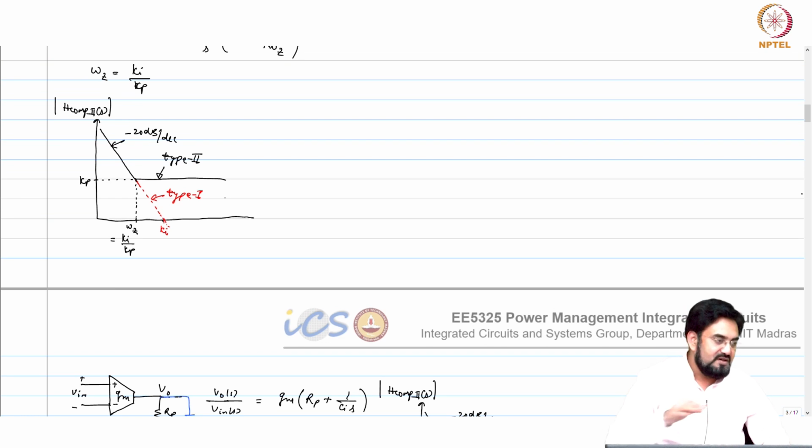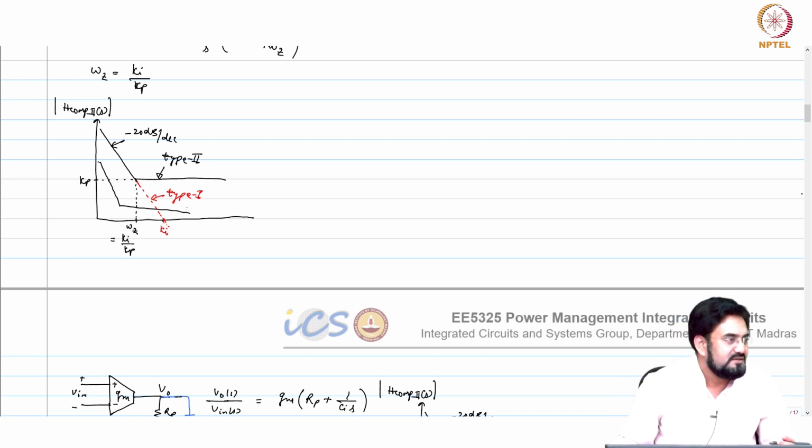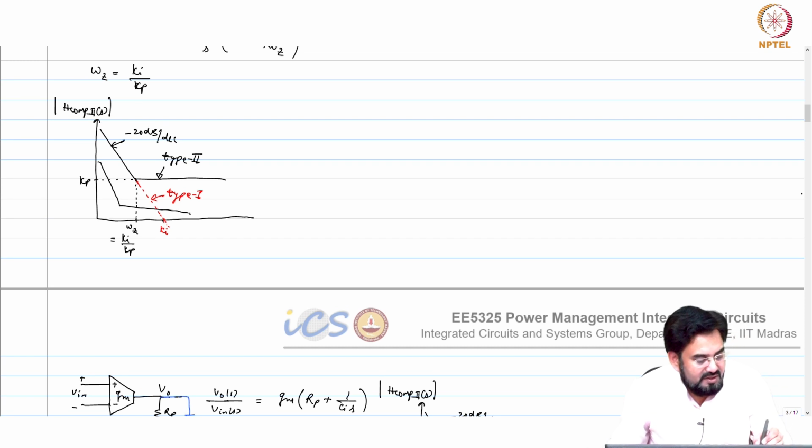So if you look at a first order response here, at lower frequency you have a very high gain. But if I make this response like this, it is useless. Even though you are maybe crossing your UGB here, what happens to the gain here? The gain is very bad. So your response won't be good in that case.